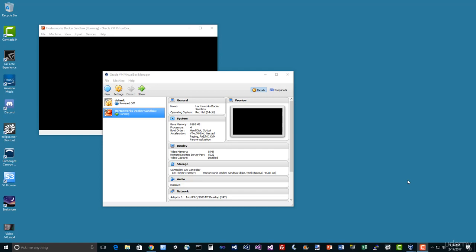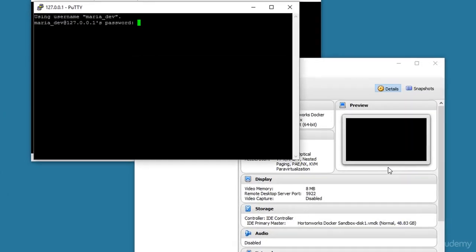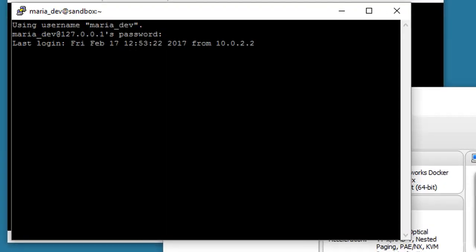So let's mess around with Flink. I've already kicked off my VirtualBox here for the Hortonworks sandbox, as always. So first thing we'll do is log into it with SSH, maria_dev. So Flink does not come pre-installed with Hortonworks yet, at least at this point with Hortonworks 2.5, so we